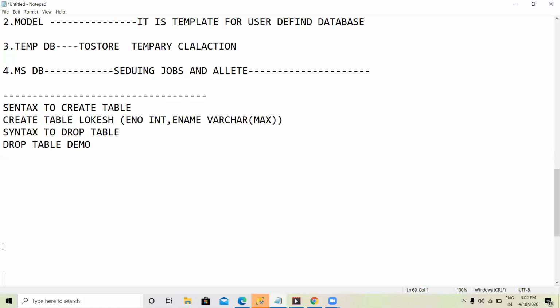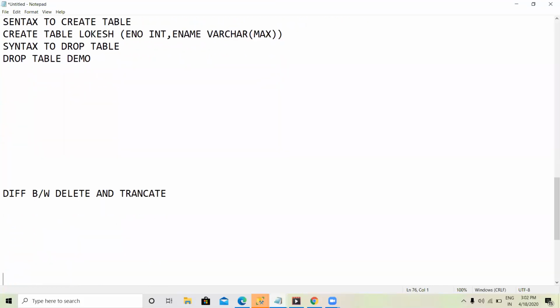Differences between truncate and delete. Truncate is a DDL command.